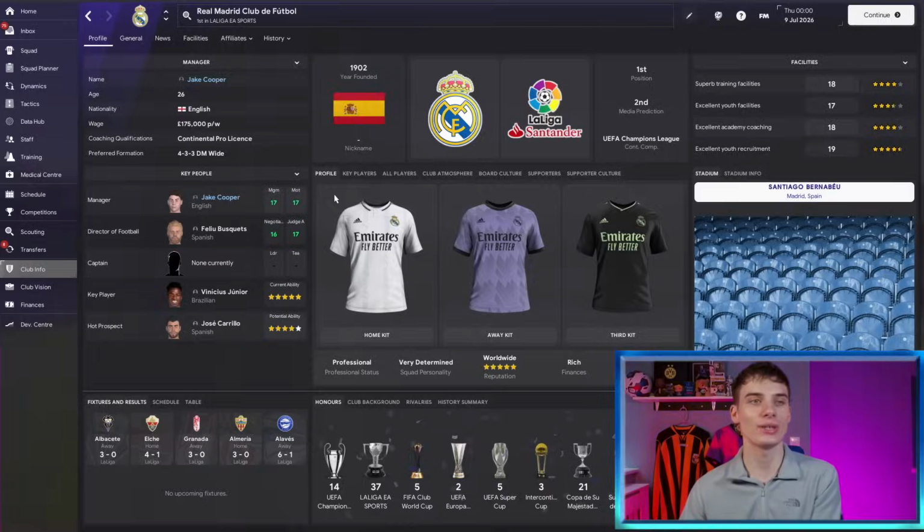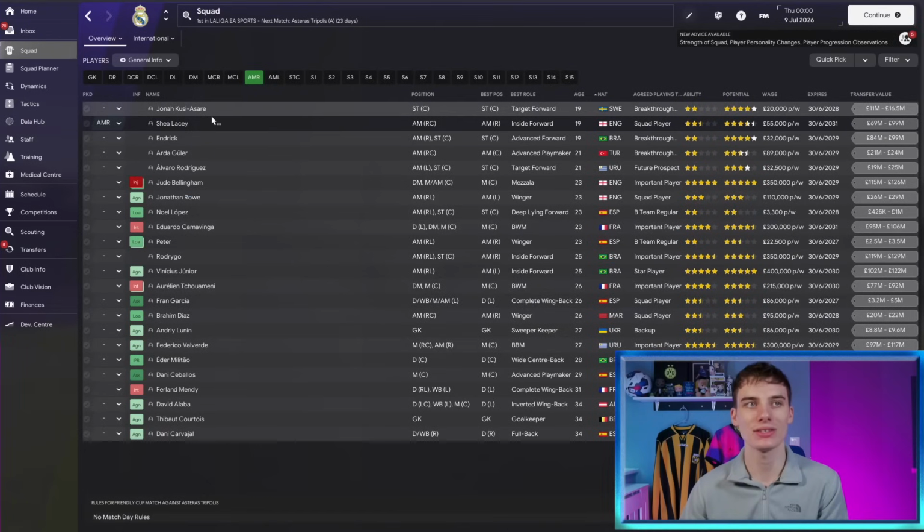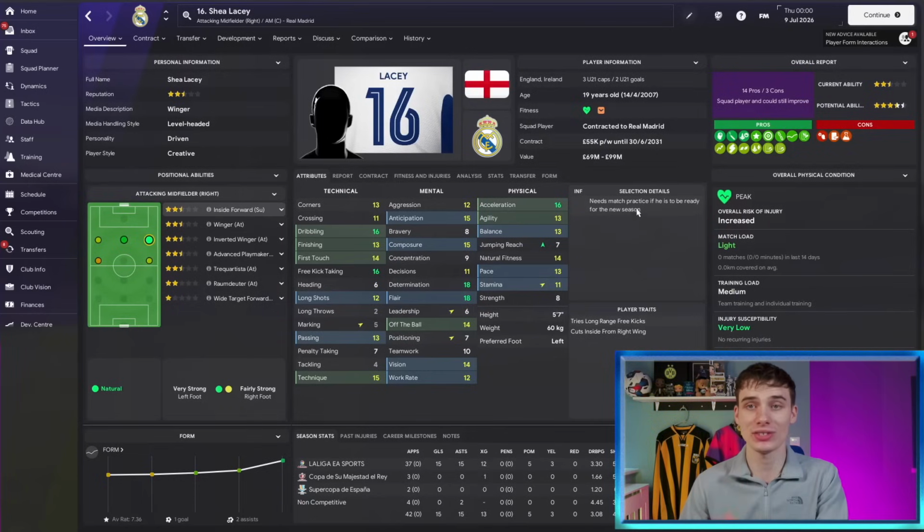So here we are in 2026, around 3 years have passed with Shea Lacey at the club. He's now a 19-year-old player, and this is going to blow you away because his attributes already look so good here for a wide player. However, he is nowhere near that lowest potential range after 3 years. His lowest potential, like I say, would be 150. He's currently sitting at about 132 current ability here, so he is going to go on to be a far better player than what we're seeing right now,